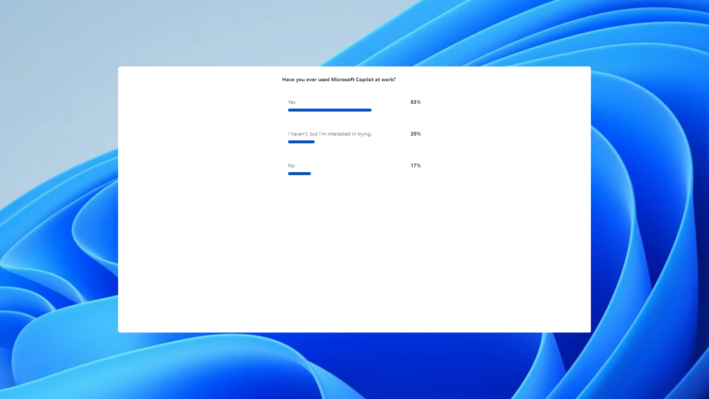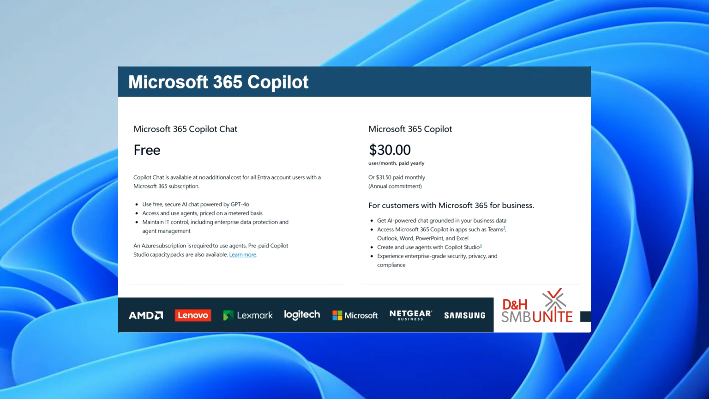I'm going to flip to this next slide here real quick. It is the pricing information for Microsoft 365 Copilot. Like I said, if you have an existing Microsoft 365 subscription where you're using Teams and the Microsoft Office suite of applications, you have access to Microsoft 365 Copilot Chat for free. It's not in addition to your subscription. You just have access to it. You go to copilot.com, or, excuse me, office.com, and it will take you to the Copilot Chat